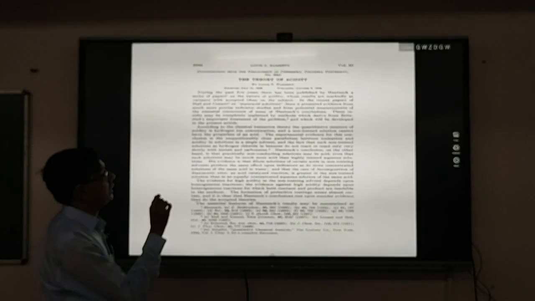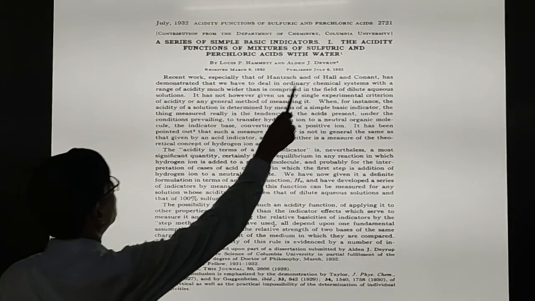That is the most important part: how we measure the acid strength of a very concentrated acid solution. And this is the paper, as I have already mentioned, from 1932, when Hammett and his student A.J. Deyrup at Columbia University published it, and this paper is the landmark of the acidity function. So we must always refer to this very historical paper, which concerns the tendency of the acid, or you can call it a measurement of how you measure the strength of